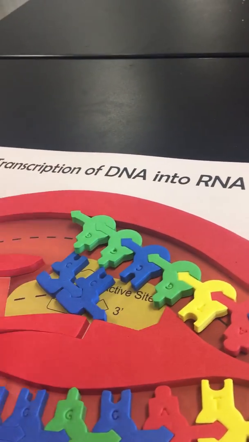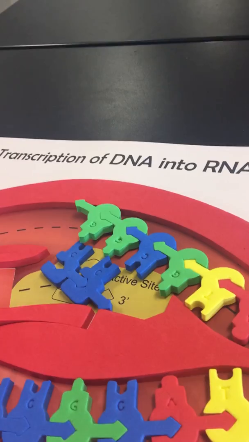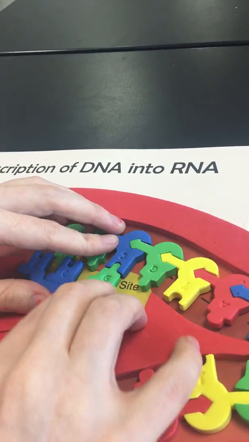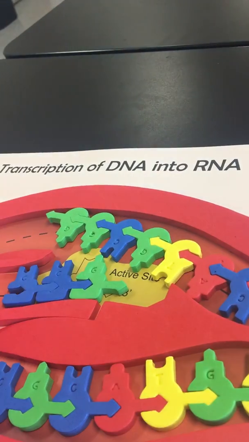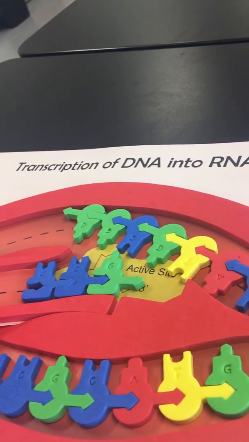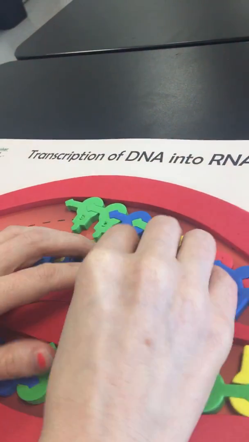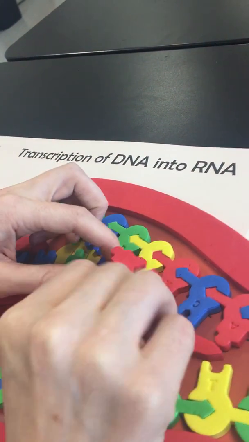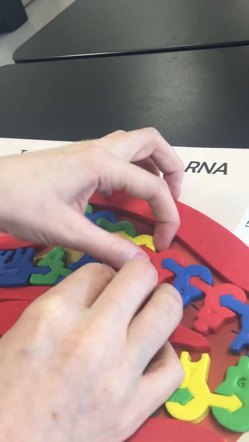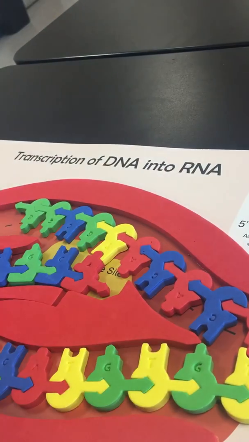Everywhere that there's a C in the DNA template, we're going to add a G nucleotide to the mRNA strand. We have a G, so we need a C molecule. We have a T, so we need an A molecule. We have an A, and you want to put a T molecule there, but we got to remember that we're